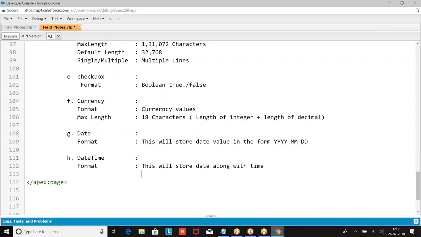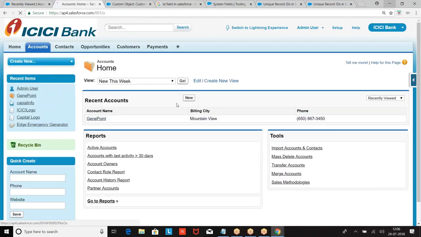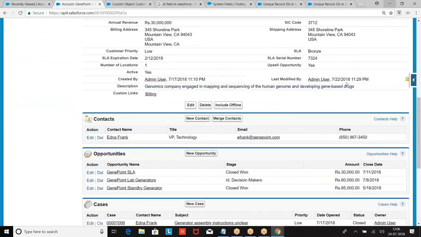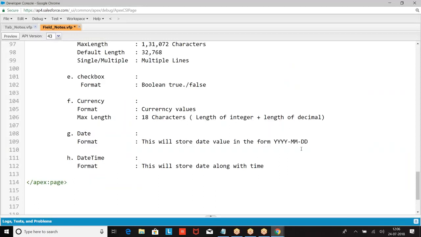So if you go to date time, look at the format. How it is storing the date along with the time? Date, timestamp. Internally it is in the form of year, month, date. While displaying it will display as per requirement. But internally how it is stored? Year, month, date.